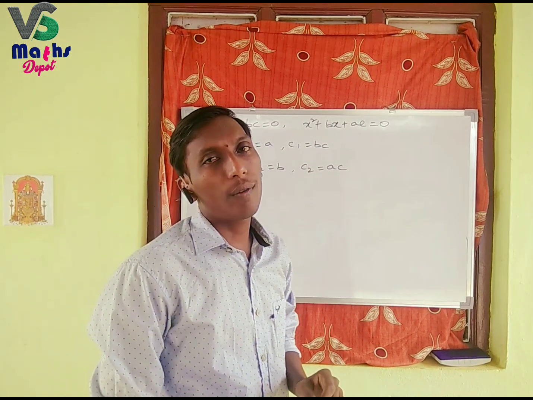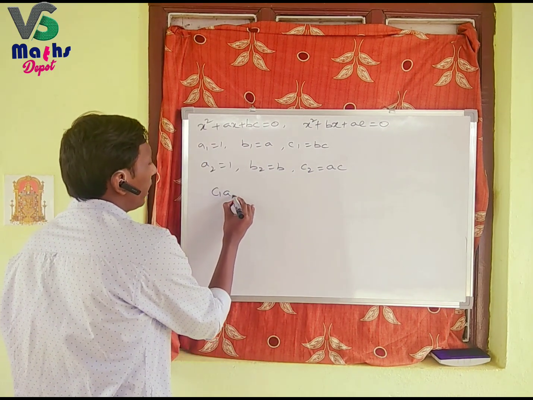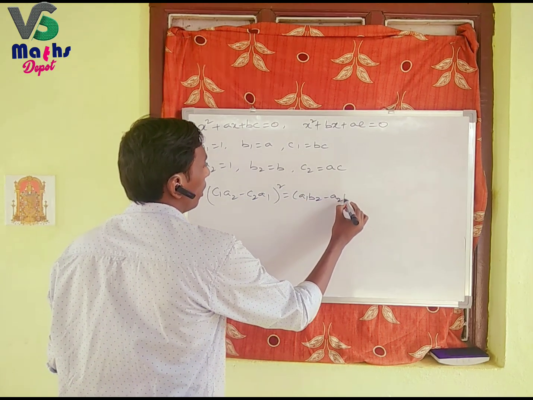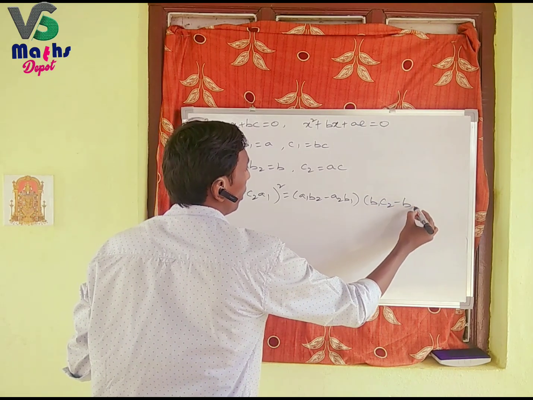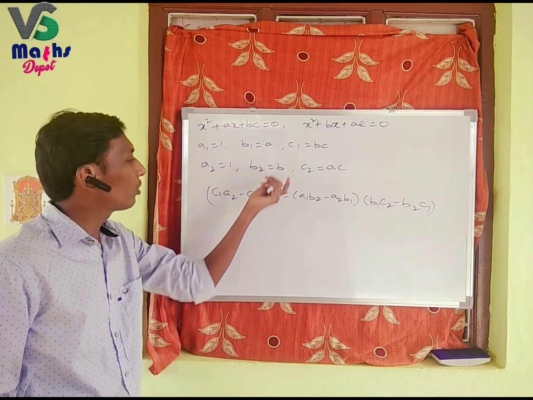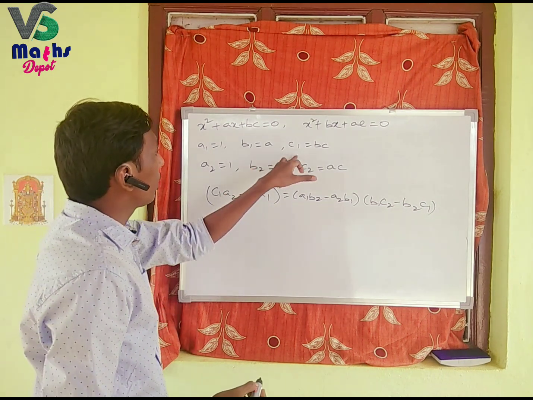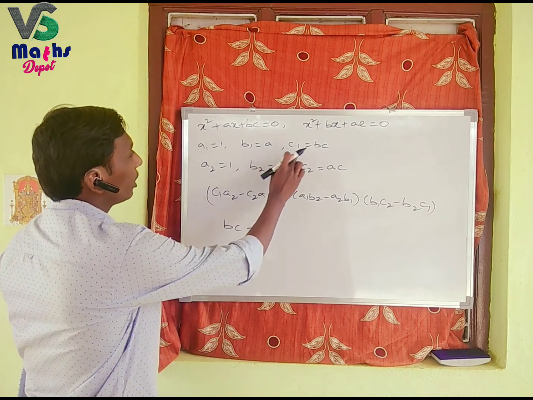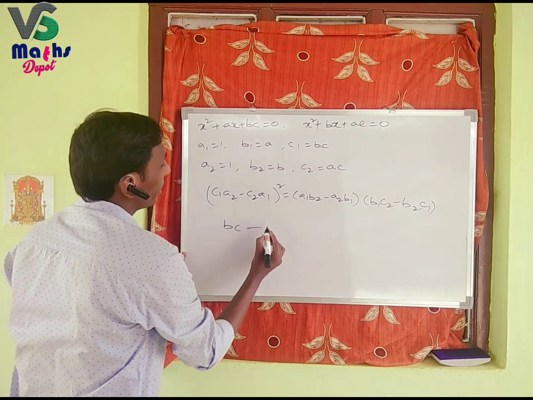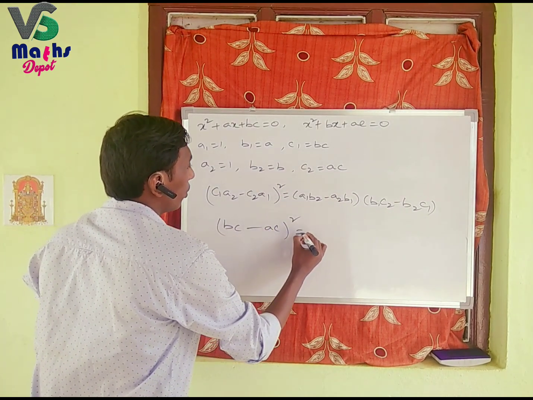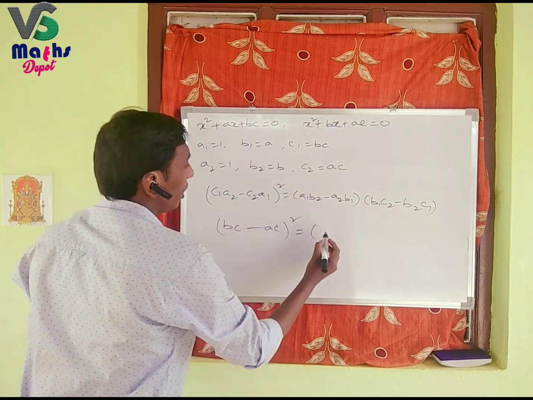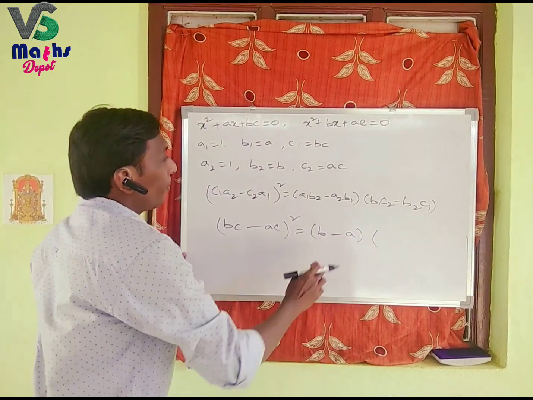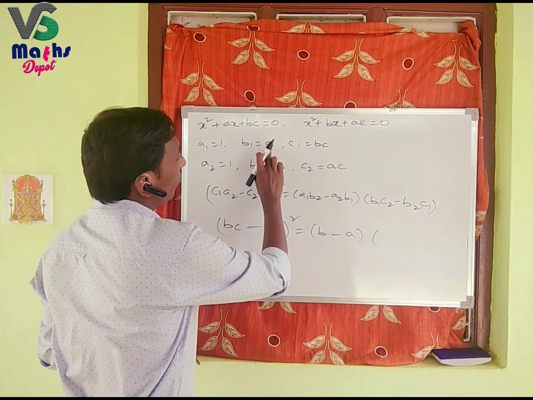But we know the condition for a common root is (c1a2 - c2a1)² = (a1b2 - a2b1)(b1c2 - b2c1). Substituting these values, c1 is bc, a2 is 1, so bc into 1 is bc; c2 is ac, a1 is 1, so ac. That whole square is equal to a1 into b2, that is b, minus a2 b1, that is a. Now b1c2, that is a²c,